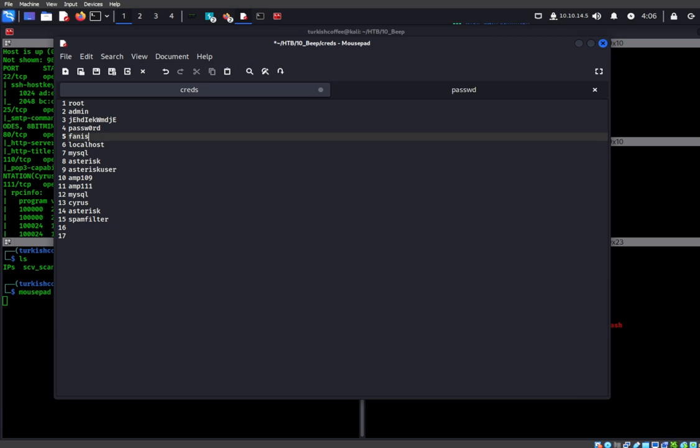I don't think localhost and these two are, but yeah. This is just the idea, you know. As soon as we find some potential credentials, we save them into a file, and then we try to use them later on in our box, right? Okay,